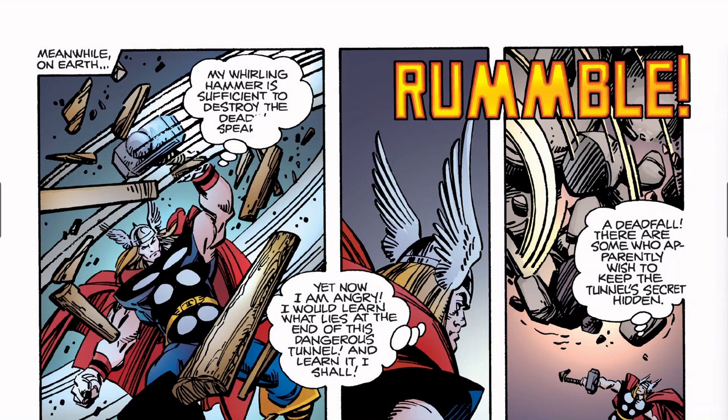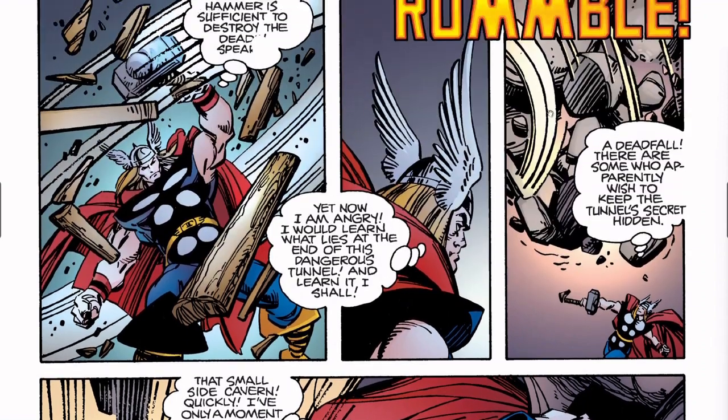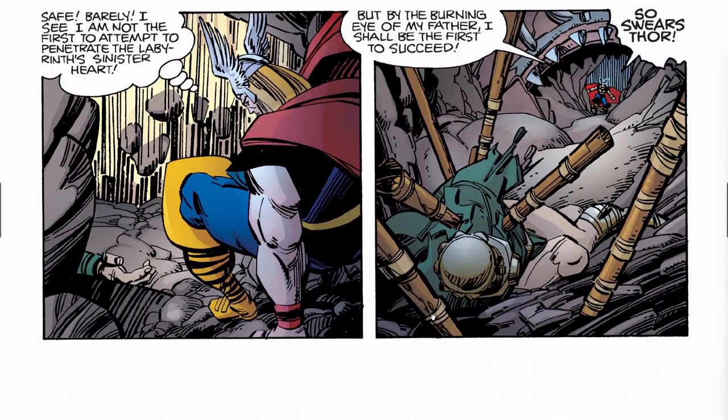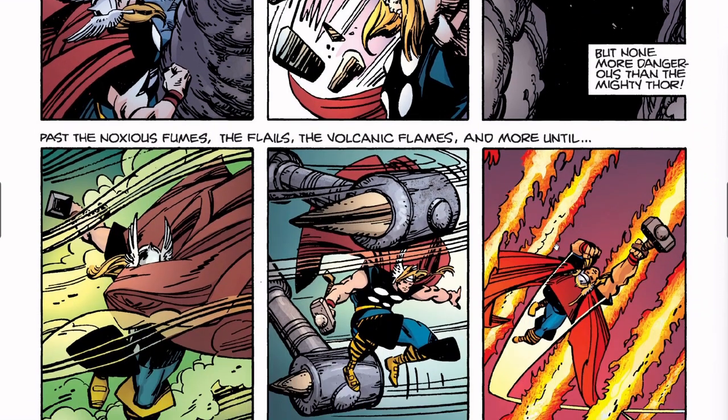So, back on Earth, Thor disposes of the arrows or spears, and there's more traps. Here some boulders are gonna fall on him. He avoids them and sees that other people have not been as fortunate as him in avoiding the traps. So Thor makes his way, disposing of the traps as he keeps going through, and